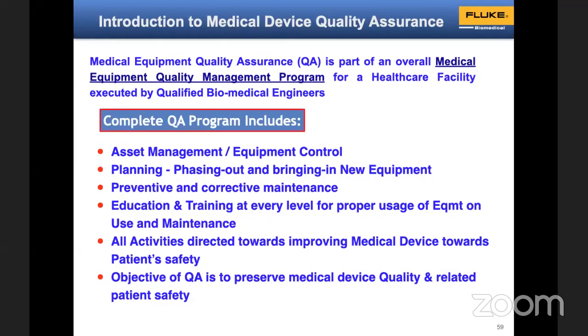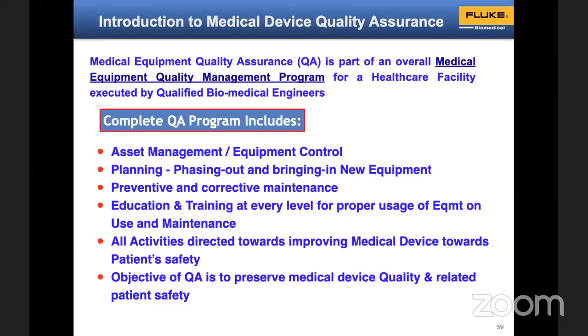Medical equipment quality assurance is part of the medical equipment quality management program for a healthcare facility, executed by a qualified biomedical engineer. What does the complete QA program say? Asset management. What is an asset? All medical equipment inside the hospital is an asset, right? From a small pulse oximeter or NIBP up to radiology equipment, MRI or whatever it is, everything is an